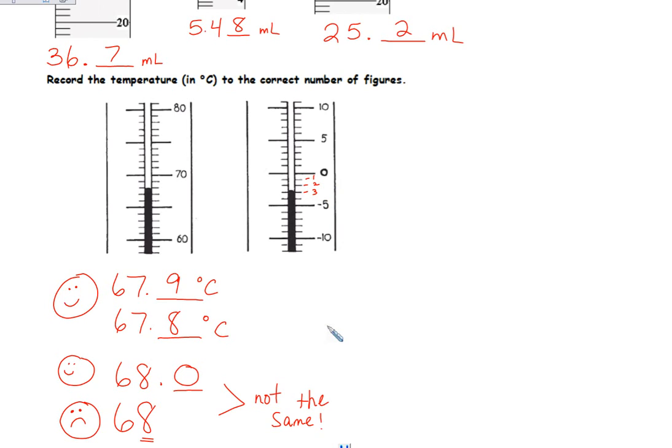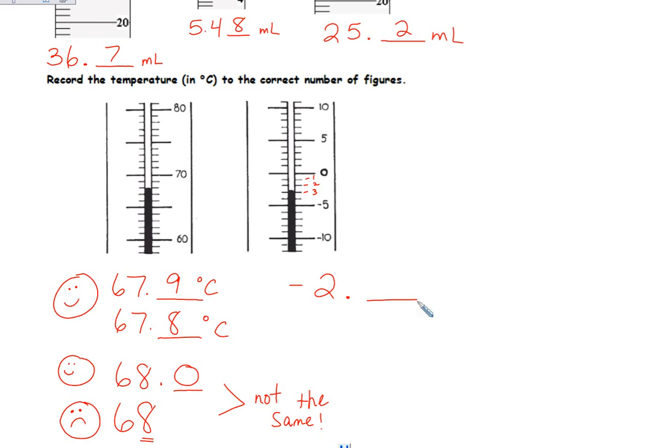So I would read this as between -2 and -3. It's marked every 1 degree. It's a little bit higher than -3. So I'm going to say -2 point estimate. To kind of see what I mean by reading this backwards a little bit,